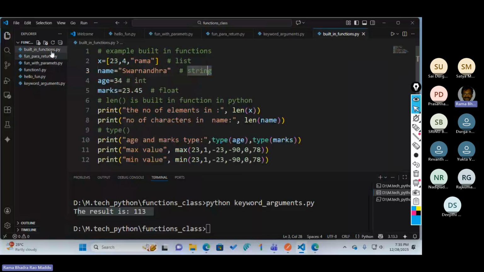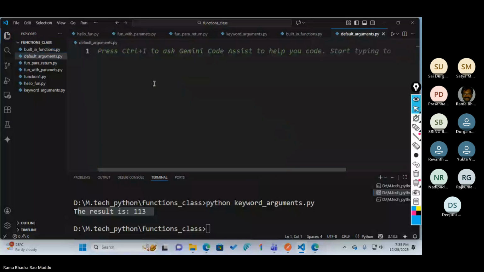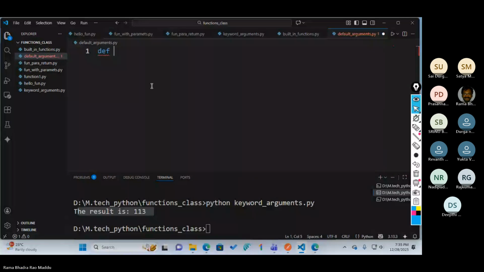Okay, now default arguments. What is a default argument? For example, I want to write a function to display college details; it is my function name. I'm giving a very lengthy name. I want to pass cname, which is the college name. At declaration time, in the definition itself, I'm providing Swarnandhra.